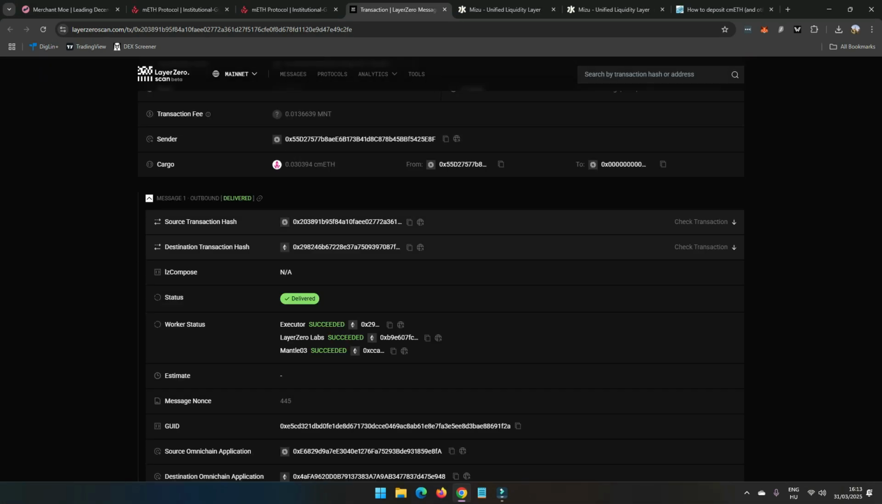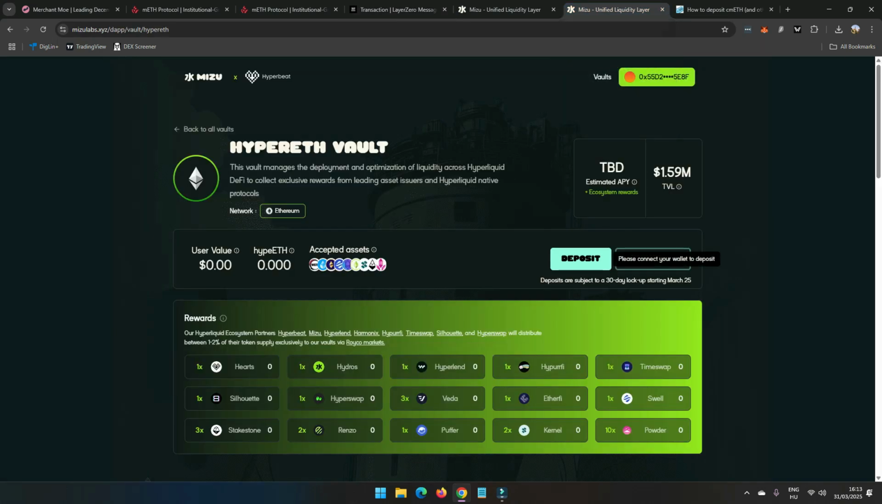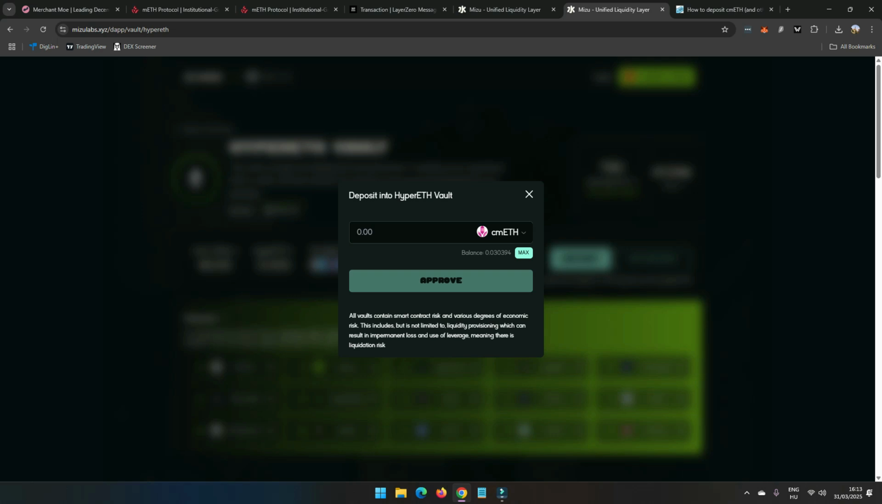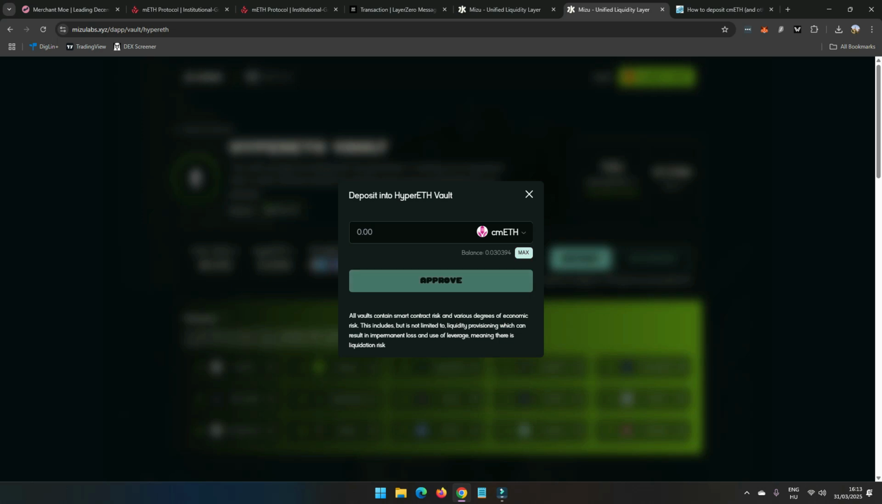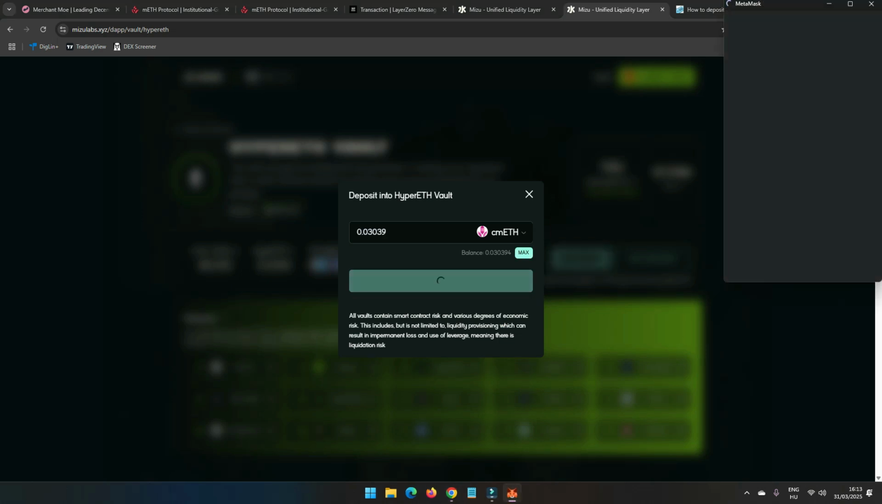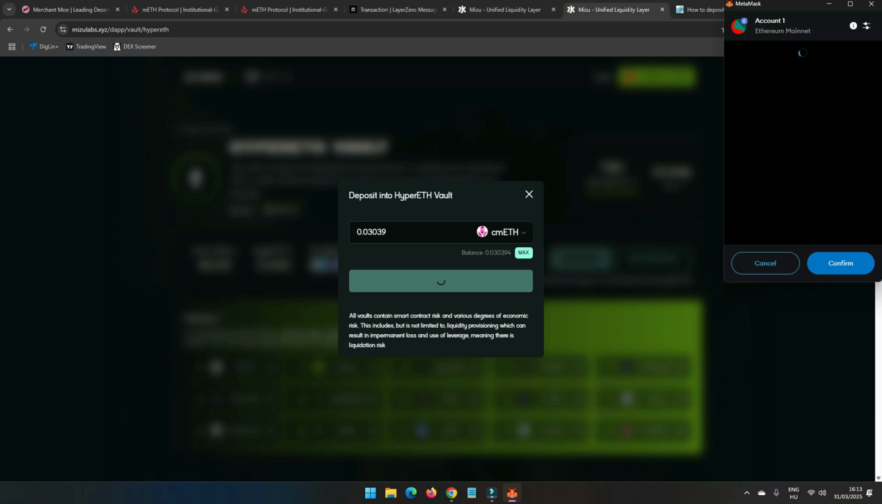As you can see now, the transfer has been successful, it has been delivered, and what's happening now? I have my cmETH on the Ethereum network. I'm turning back to the Mizu website. If I click the deposit right now, I can see I have a cmETH balance. It's important that you choose cmETH from this drop-down menu here, but I have a cmETH balance. I can press max approve. I will then approve this contract,